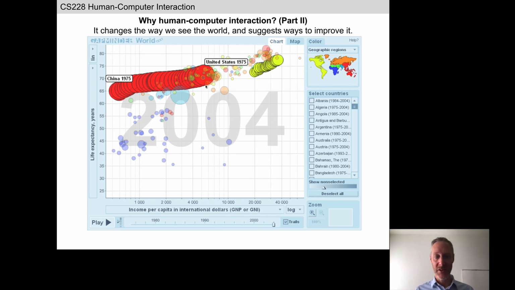And obviously, as you can see in this plot, the larger the circle, the smaller the population in that country, right? And vice versa. The larger the population in that country, the smaller the circle. Just testing that everybody's awake this morning. Of course, it's the opposite. The size of the circle represents population.